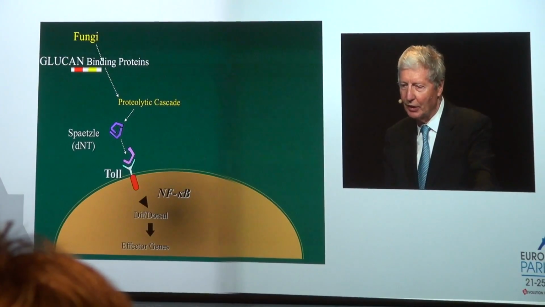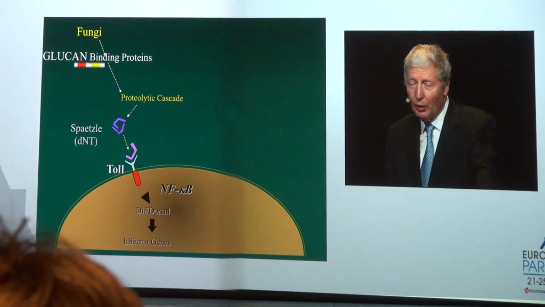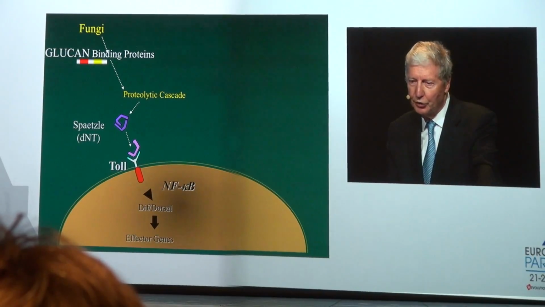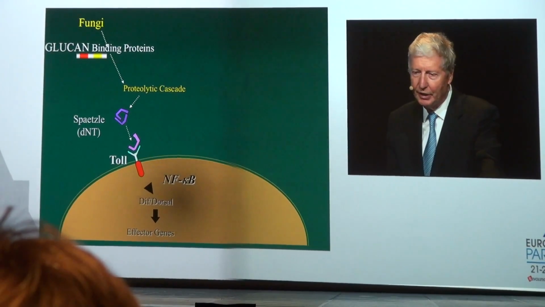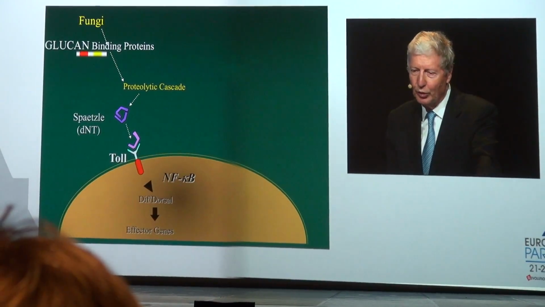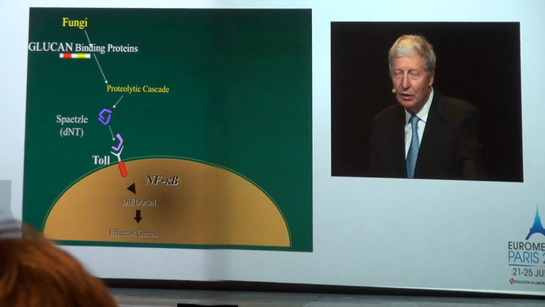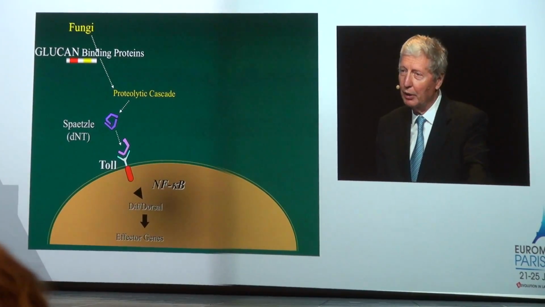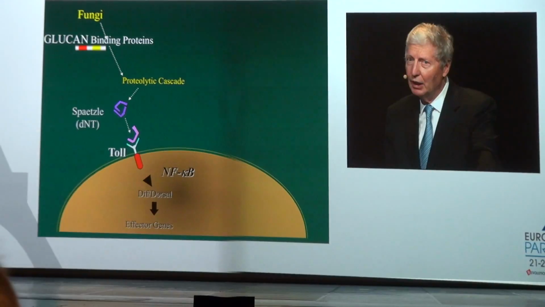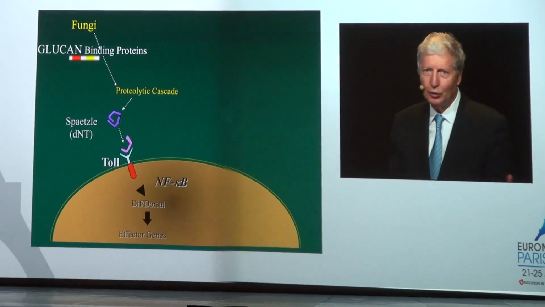Now, I'm summarizing this information as we had it after, again, quite a large number of years. We understood that fungi react with dedicated circulating binding proteins, referred to as glucan-binding proteins. They activate a proteolytic cascade, an amplification cascade, leading to the cleavage of a circulating polypeptide, which is referred to as Spätzle, again in reference to the phenotype which had been